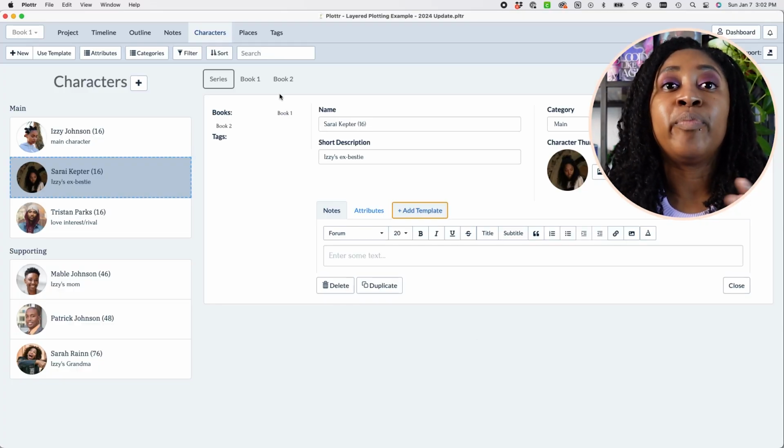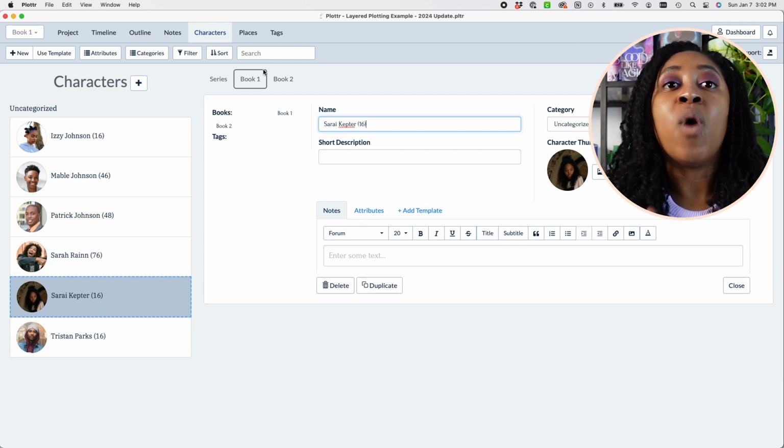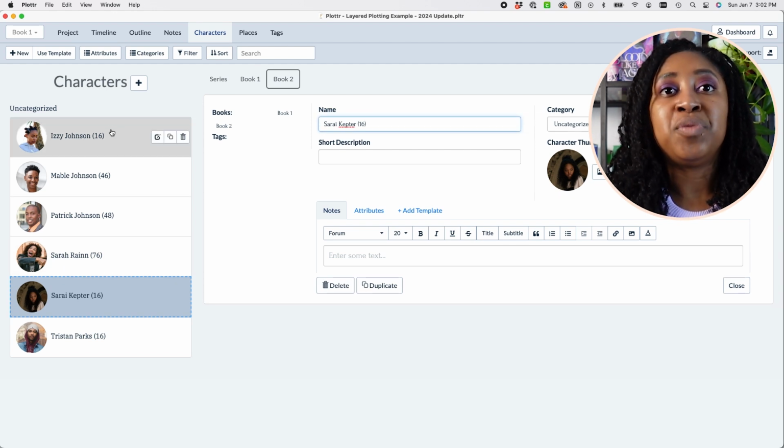We also have different character profiles for different books in the series. I will say that this particular feature at least needs a little shaping still, but I do really like the prospect of it, which is that they have this world building section where you can do character profiles, and now you can do different character profiles for different books in your series. So for example, in book 1 of a series, your character may have one sort of journey, and when you jump to the next book in the series, you can have a new profile for them based on what they're doing in that book.